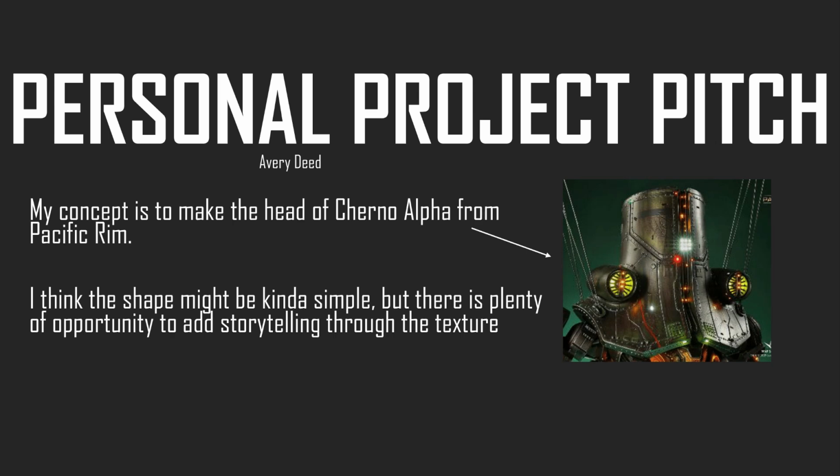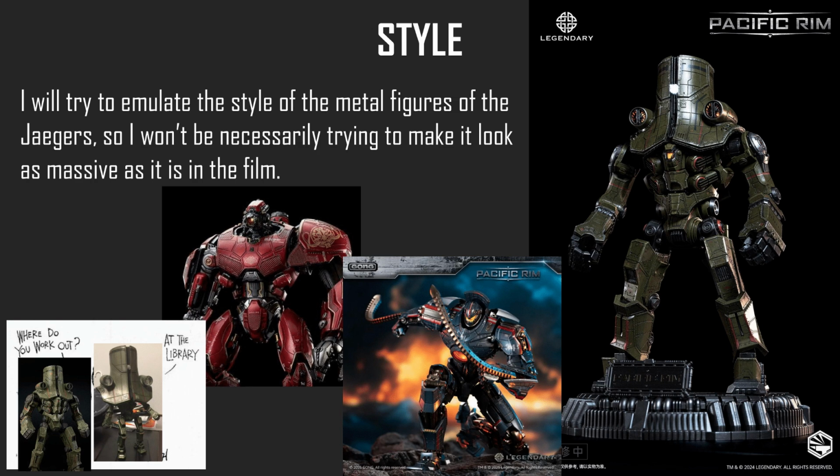My pitch is to make the head of Cherno Alpha from Pacific Rim. I think the shape might be a bit simple, but there's plenty of opportunity to add storytelling through the texture. For the style, I want to try to emulate the style of the metal figures of the Jaegers, so I